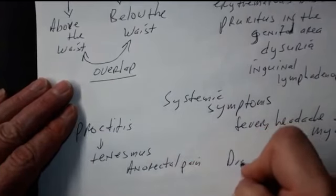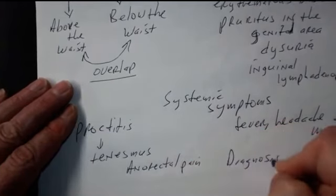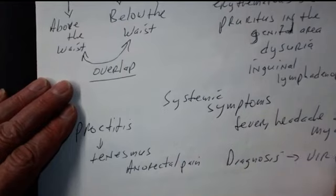For diagnosis, you can do a viral culture